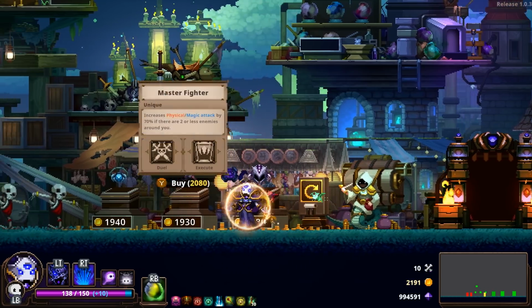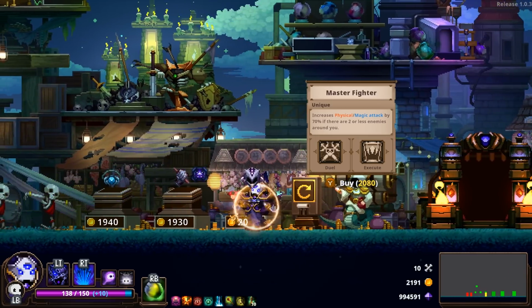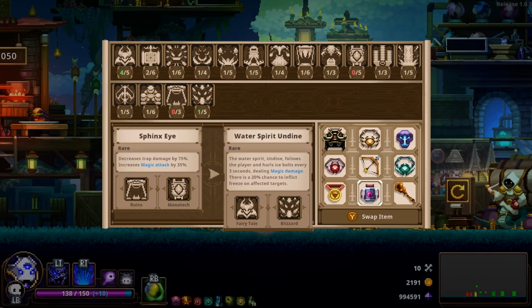I'm going to do one more reroll. No, not at the same time. Why do you tease? Why do you tease with Master Fighter? Why? What? Oh, but a spirit. We're so close. I need to take it. All right. At this point, I may have to start getting rid of...